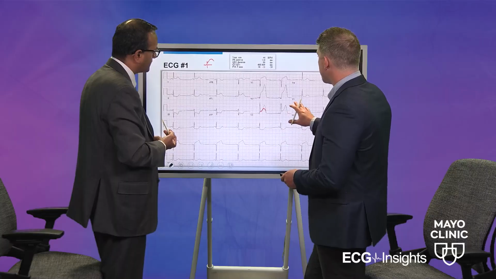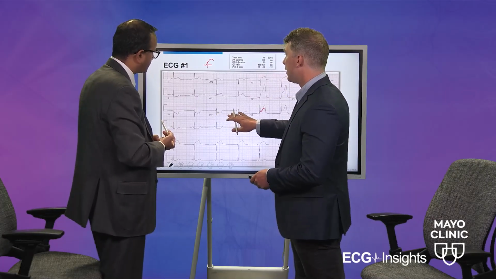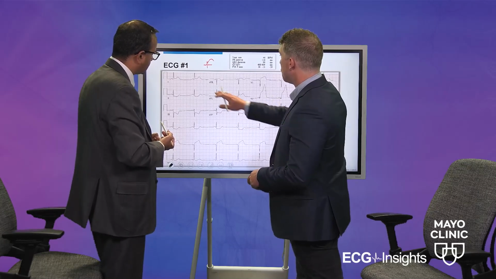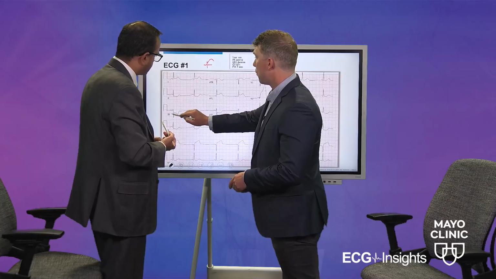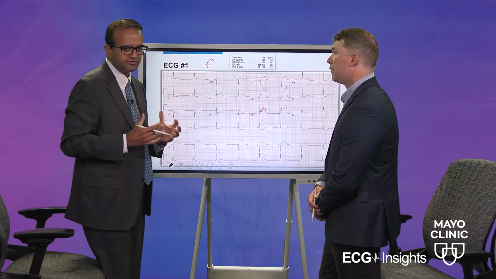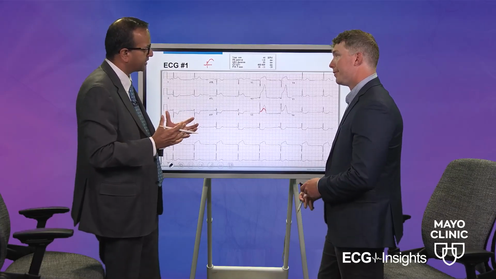And so as you notice here, we have clear ST elevation, we have reciprocal changes, which is definitely more of an indicator of your anteroseptal STEMI, whereas in pericarditis, you would see ST elevation also in your inferior leads and your lateral leads as well. So if you think about just the pathology behind pericarditis, it is inflammation of the pericardium.